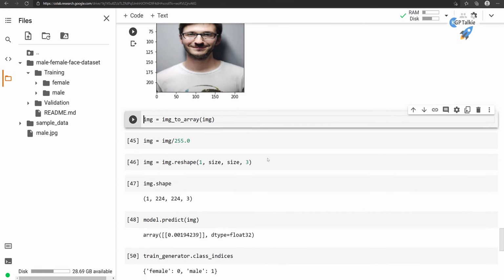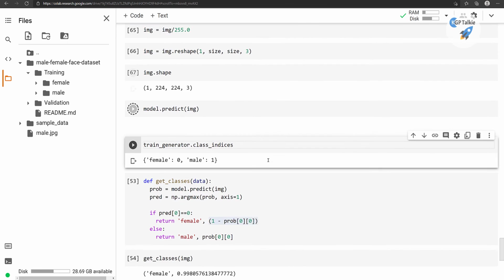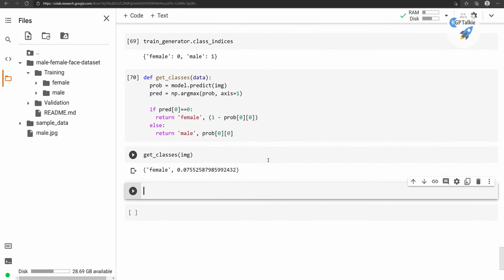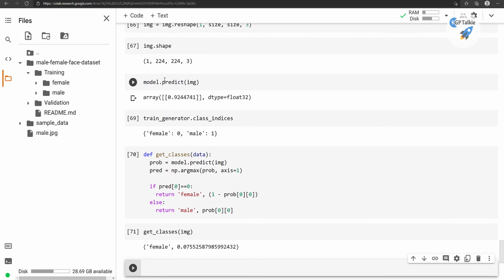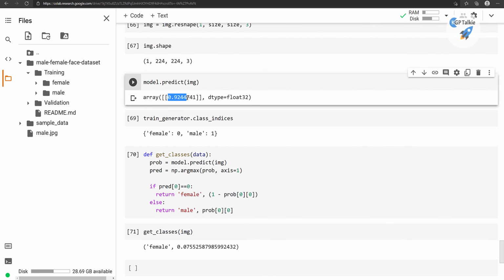Superb. So there we have got it. Let's go ahead and rerun it once again and see what result we are going to get. It says that this one is being predicted as the female, although this is not the female. The reason is that here it is saying 0.92, and this is going towards the